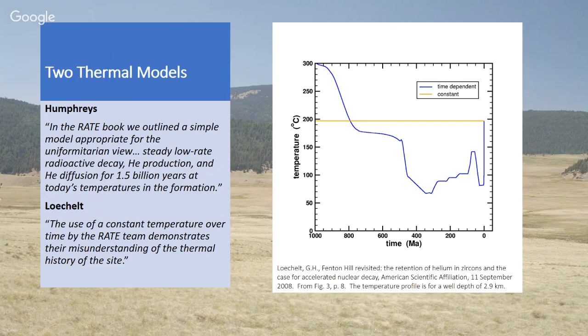If you look at what I did, not what I published, I mean the actual code, it's very interesting because I can just plug in a different thermal history. You give me a thermal history, I just plug it in. You want a different boundary condition, I just plug that in. And I use the same underlying solver for all of it. So there's an underlying consistency. So really, I can model a much wider range of possibilities than Humphreys can.